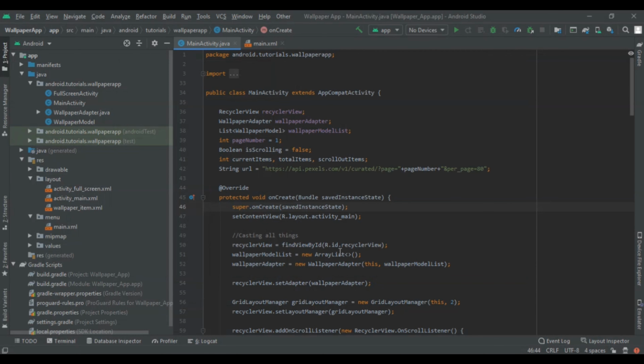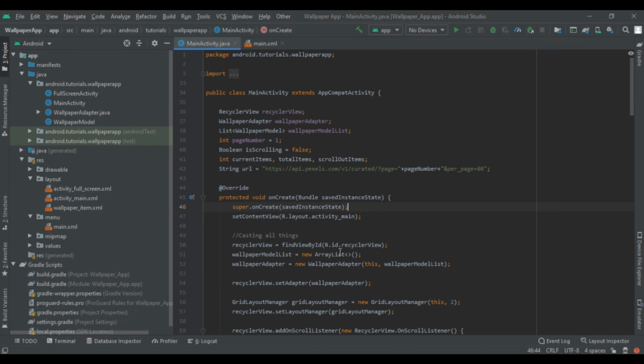Welcome back to Android tutorials and our sixth part of our playlist, wallpaper app in Android Studio. This part is the last part of our playlist, and in this part we are going to implement Google Analytics, notification, performance tracker, and in-app messaging of the Firebase services. So without wasting time, let's get started with today's video.